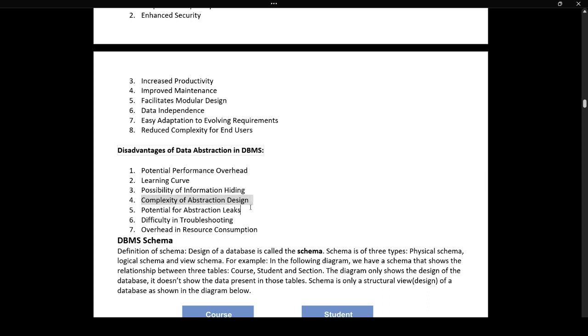Okay, so abstraction leaks. Abstraction leaks means, for example,